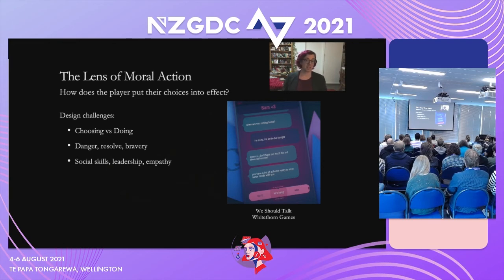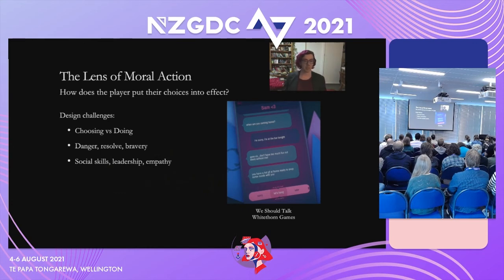A game that illustrates this in an interesting way is We Should Talk by Whitehorn Games. In this game, you're managing a difficult situation in your relationship with your partner, and doing so by text message. Rather than offering the traditional dialogue tree, the game works by allowing you to construct sentences out of smaller components. You're more restricted in what you can say, but you have a greater scope in how you can express them by choosing particular words to express an idea. And this means that you can express yourself with different kinds of emotion. You can be cool and detached, or you can be playful, or you can be kind of upset,